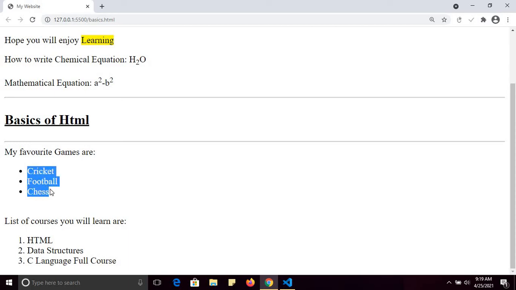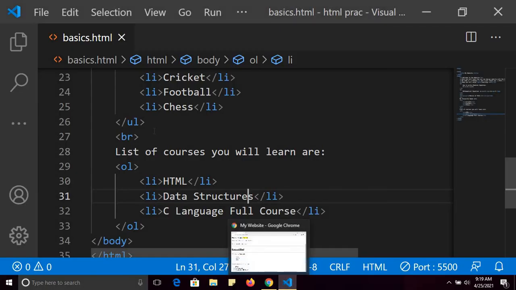Here I am using bullets, so that's why I am using the LI tag, unordered list, UL tag, and these are the list items: cricket, football, chess. And here I want to show output in numbering form 1 2 3, so that's why I have used OL, ordered list.